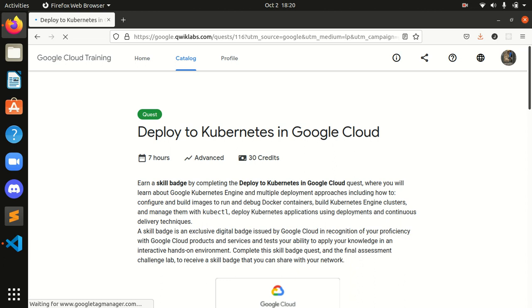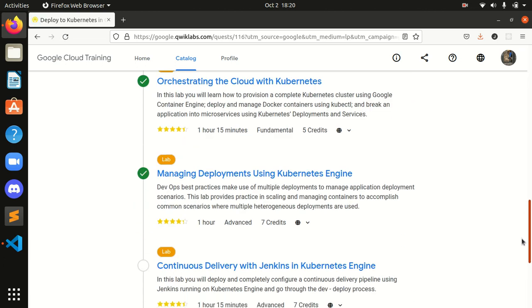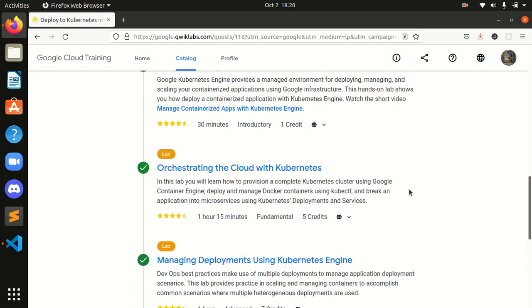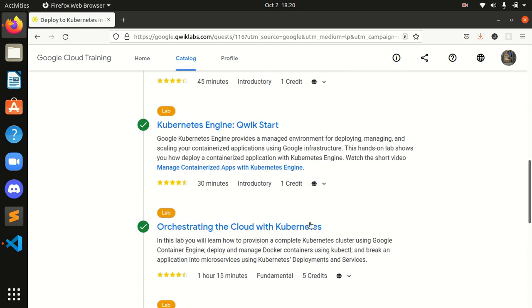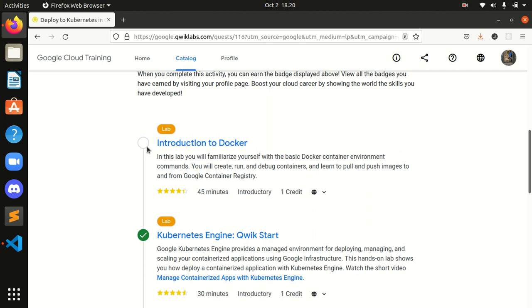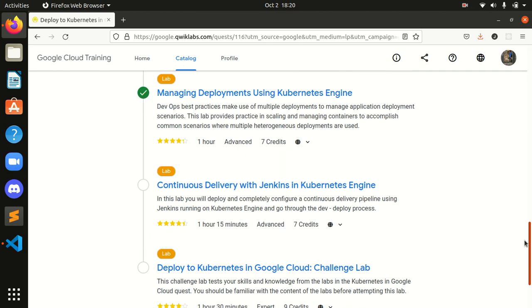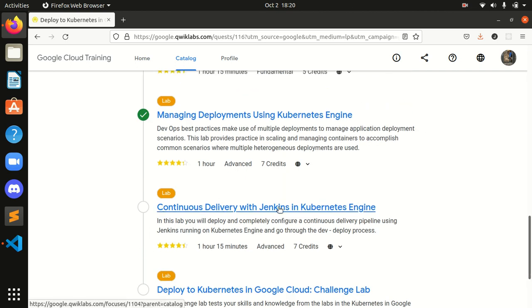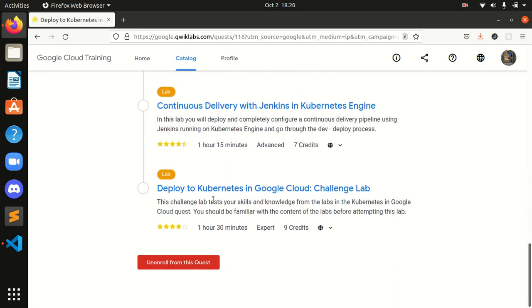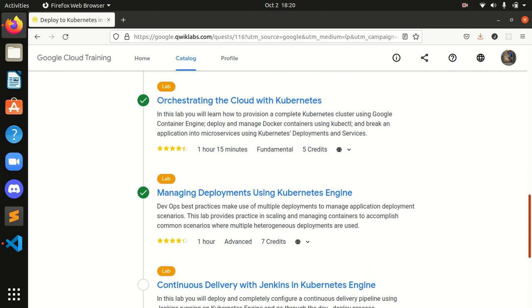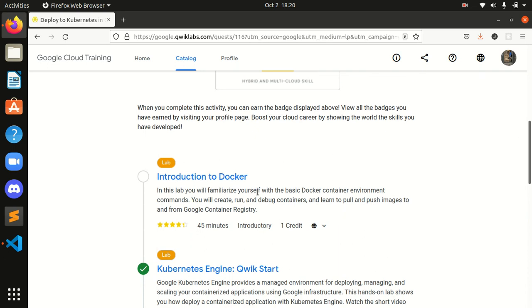In this quest we will see the labs. Three of these labs have already been done in other quests, so we do not need to do them again. We will do the first lab, Introduction to Docker, the second lab, Continuous Delivery with Jenkins in Kubernetes Engine, and the third lab, our challenge lab. So guys, let's start with it. I will click on Introduction to Docker.